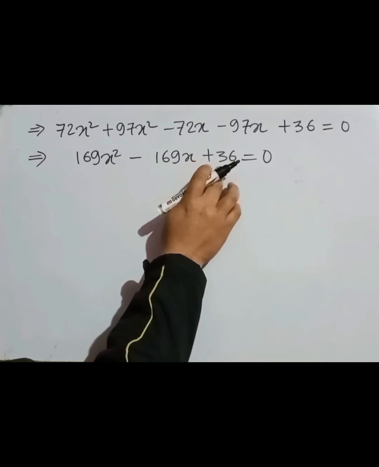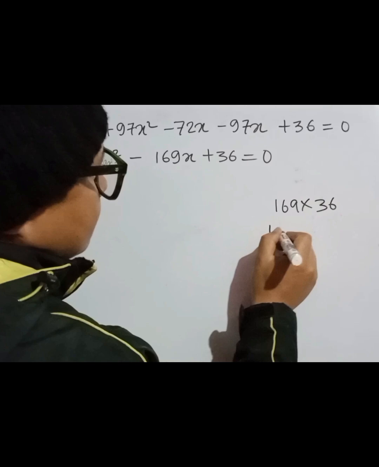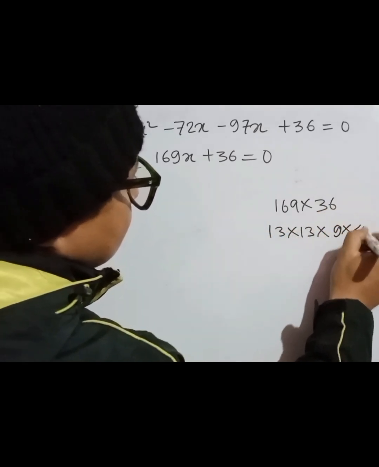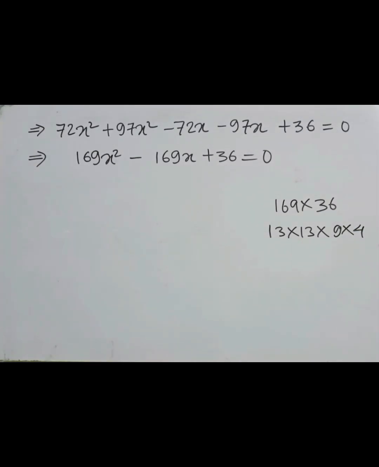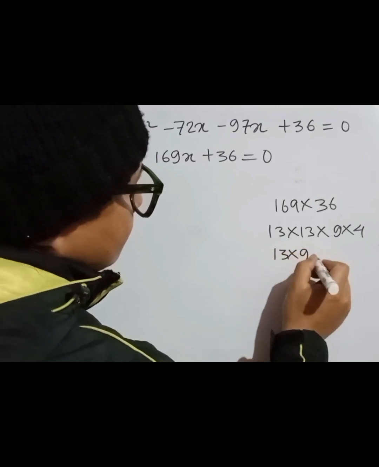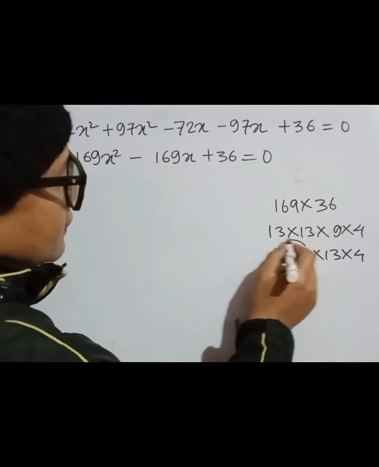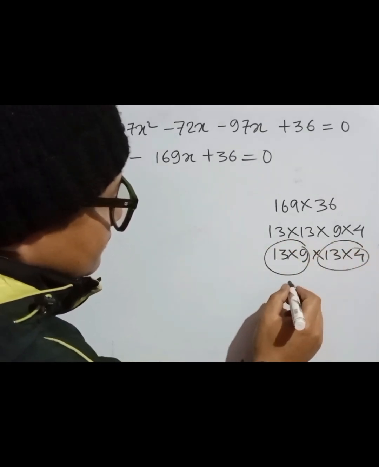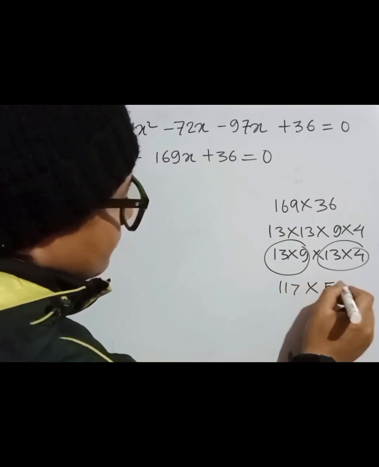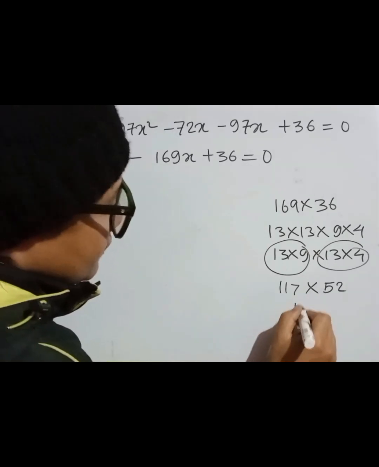To solve this we have to multiply this 169 and 36, and we have to calculate their product, and we can write 169 as 13 into 13 and 36 as 9 into 4, and the product of these four numbers is equal to 169 into 36, and we can change their order. That means we can calculate the product of these two. 13 into 9 is 117, 13 into 4 is 52, and when we multiply this is equal to 169 into 36, and the sum of these two numbers is